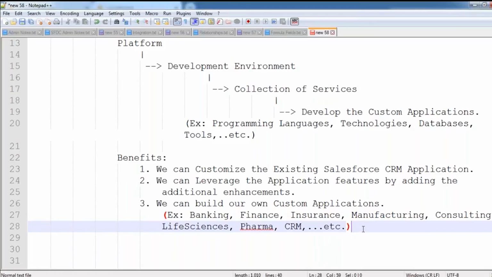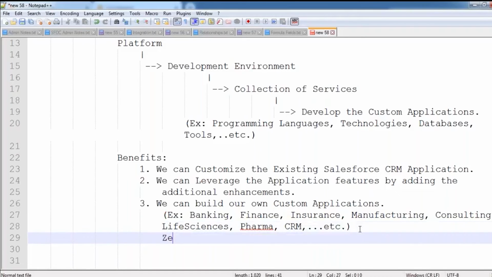For example, I think you are aware of one organization, one of the largest logistics applications, Jebronics. Jebronics is purely using a Salesforce implementation. It's a manufacturing, sales and marketing, and supply chain management application. So every application we can build, like e-commerce applications also, and POS applications, point of sale applications.